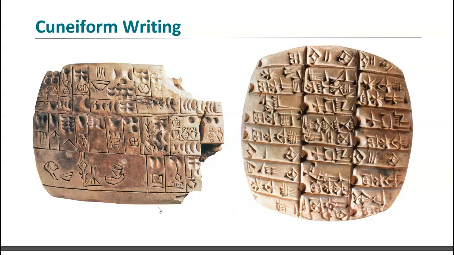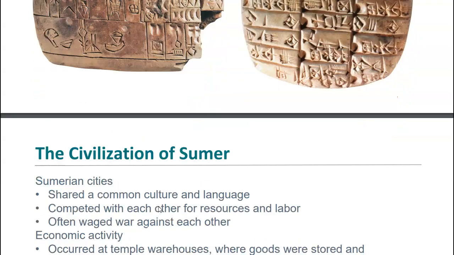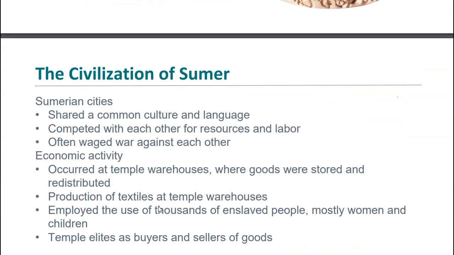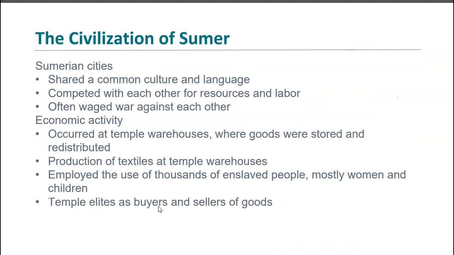So from here, now that we've gotten to this edge of civilization, the chapter is going to take a look at two civilizations. One is Mesopotamia. The other is Egypt. You're going to get introduced to the first of really the two great river civilizations right in this first chapter. The Sumerian area is the first. It's in the south, the nearest to where the Tigris and Euphrates empty out